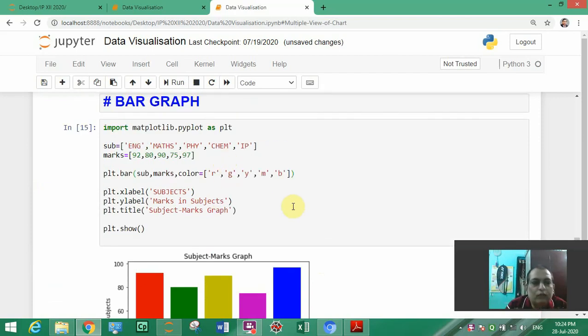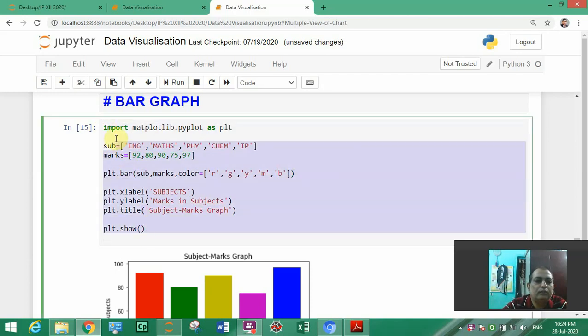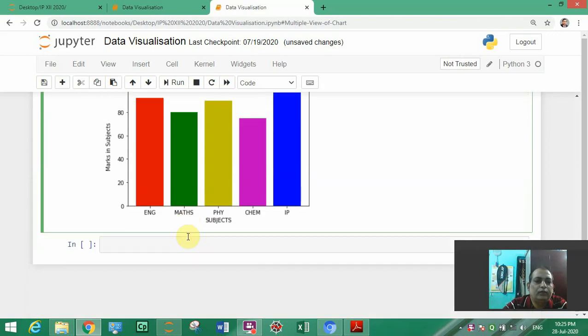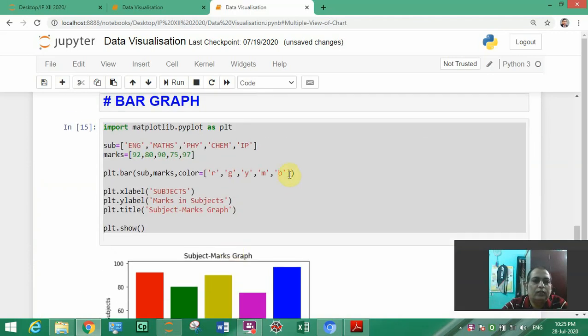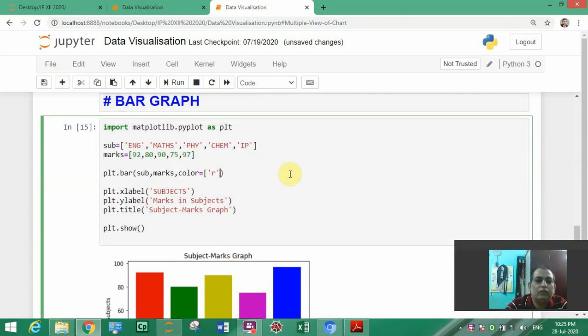So I have given here color. You have to write down all these programs. I am making one mistake, I should write it separately so that you will copy. So I'll copy this program, and I'll paste here, and I will make this program simple so that you can note down in your copy notebook.